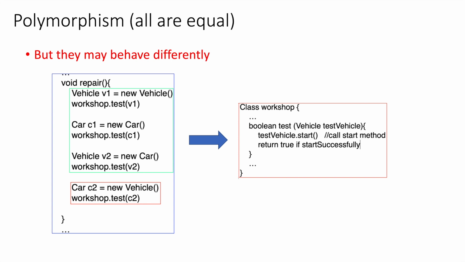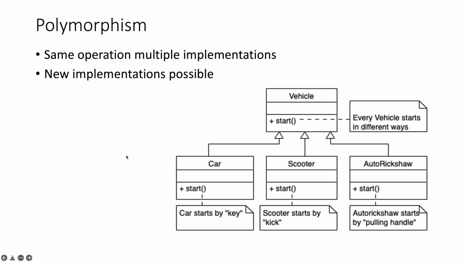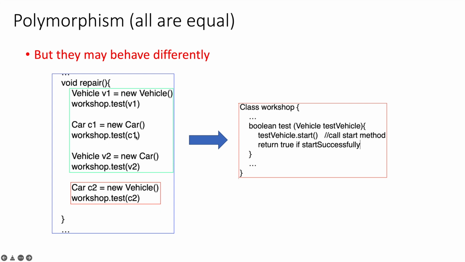What is the advantage? You will find another surprising way of understanding it. If I add afterwards, after writing all that code, a class called truck here, you will find truck is also a valid vehicle, so truck also can pass through it. Similarly, if I make an instance of a truck and pass it, that will also be accepted even though this method body was written before the truck class. This is really a great miracle, a great feature which we can use in